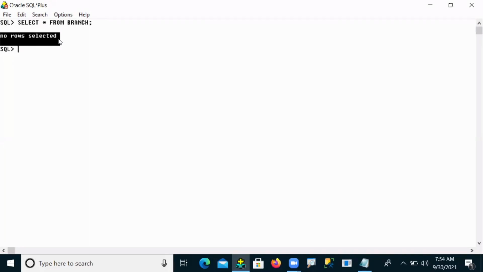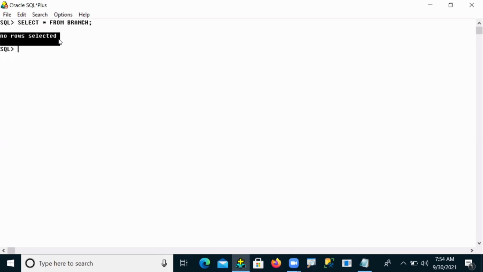So what do you understand? Our DDL operations are permanent operations. That's why, whenever you send those command requests to your server, those commands are committed by the system automatically. So that's why those are permanent.